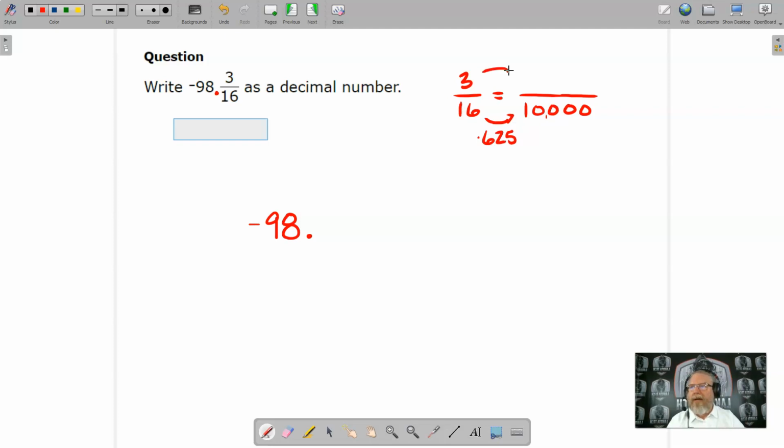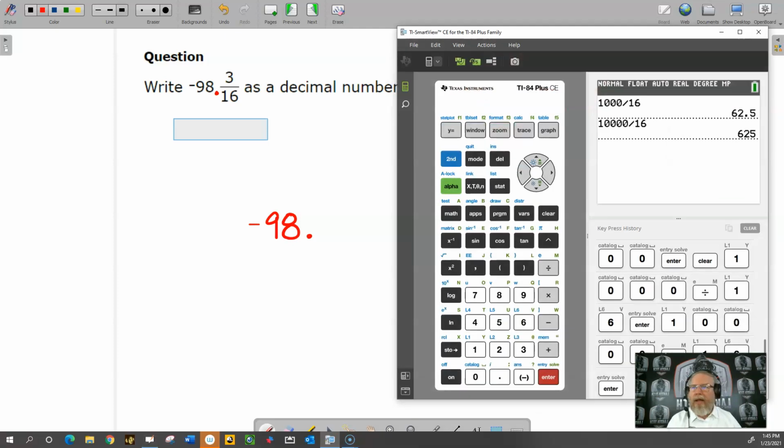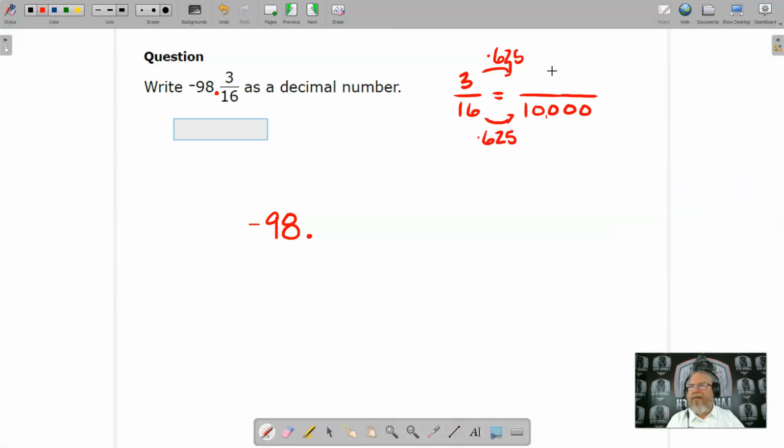So let's go ahead and multiply the 3 times 625, and whenever we do that, let's get that calculator back here, and 625 times 3. The beauty of a graphing calculator is the answer's already in there. I don't have to type out that 625 again. So I'll hit enter, and that's going to give me 1875. Okay, let's go ahead and go back. 1875,